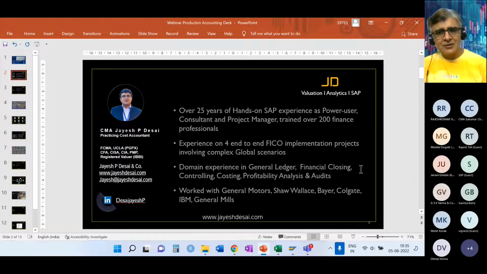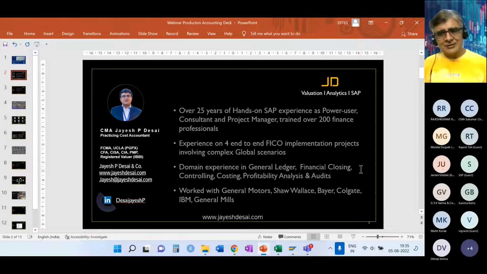Currently, I work on valuation, where I work with many budding startups. These are very young, very energetic, tech-savvy people who want to bring value using technology. That's a very interesting space.